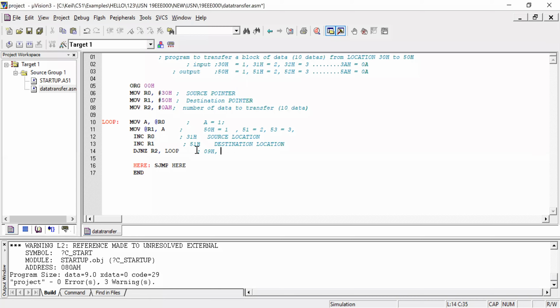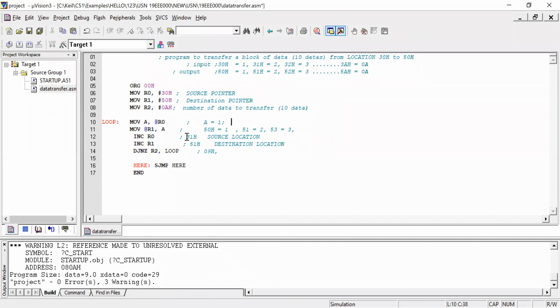First time it is decremented to 09. Then it will jump to the loop when the condition is true. What is the condition? Not 0. Yes, 09 is not 0, the condition is true. It will go to this loop. Then at R0, what is R0 now?